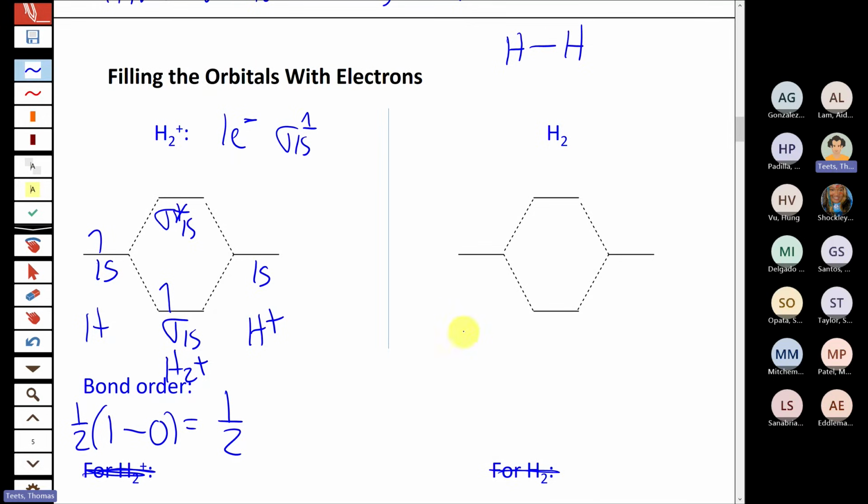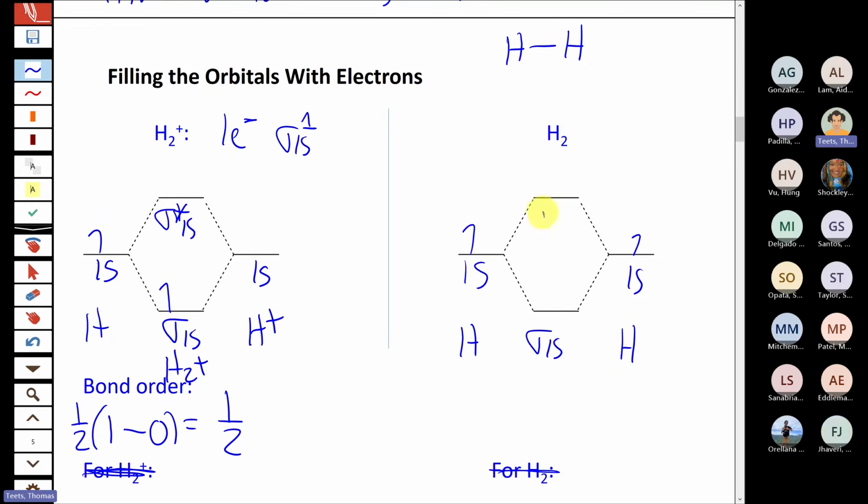So exactly the same atomic orbitals available. Hydrogen each has a 1s orbital, so each hydrogen atom is 1s1. And then when those 1s orbitals mix, they're going to get a sigma and a sigma star. So you don't really have to draw out the whole diagram every time, as long as you remember that these are the molecular orbitals that are available.